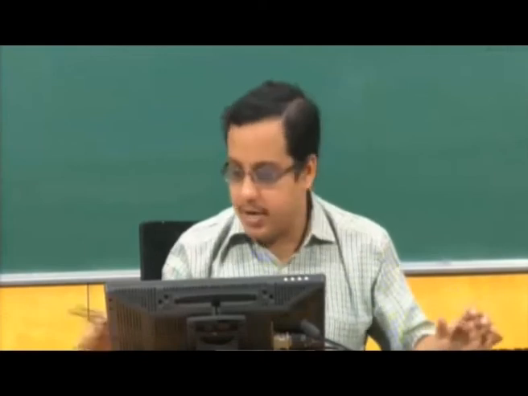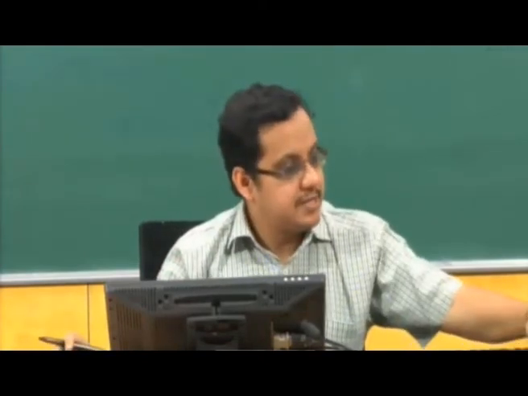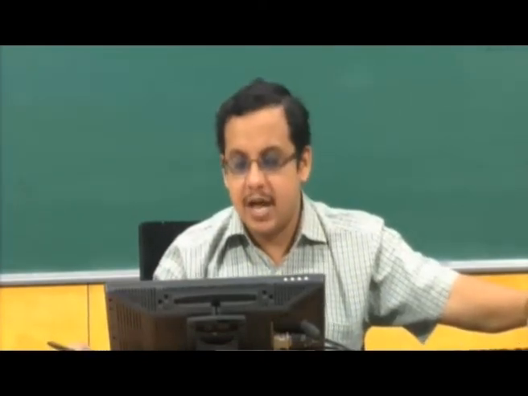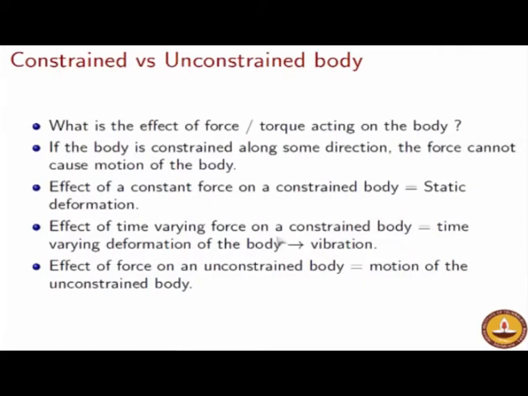So therefore I wanted to highlight to you this difference, since we are going to study the different motion characteristics of a body. The body will in fact move if and only if the body is allowed to move. If the body is not allowed to move, we call such a body a constrained body. And in a constrained body, such bulk motion characteristics is not possible. You can only have a vibrational or oscillating motion.